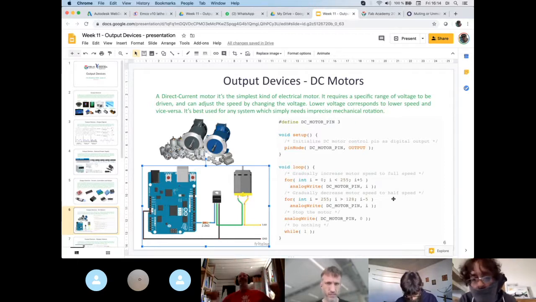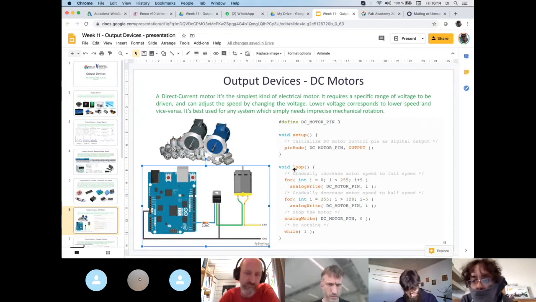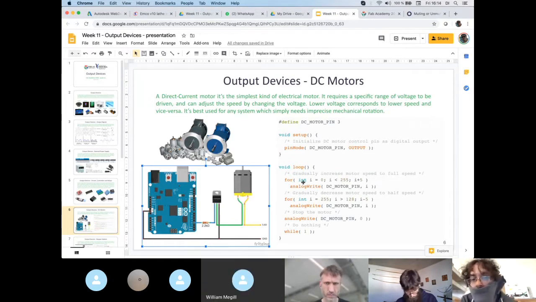So what we do here is very easy, guys. With this code, we have a for, so it's a loop. What we do is increase this counter from 0 to 255, so we go to the maximum speed, and then we decrease it from 255 to 0, from the maximum speed to the lowest speed. So this will increase the speed, reach maximum speed, and then go back to 0. And then we repeat the loop